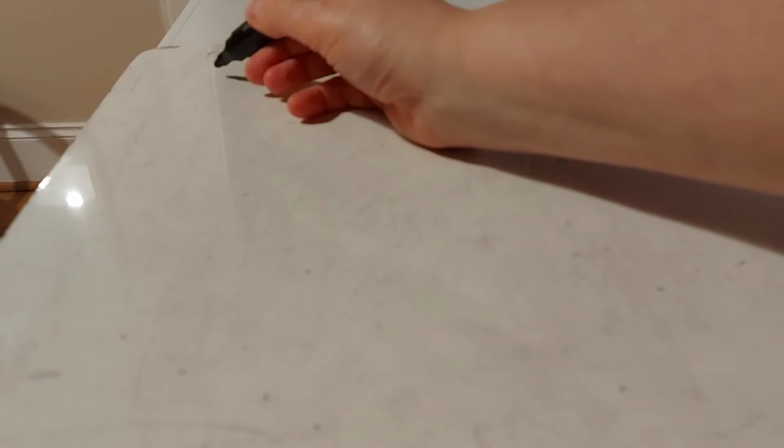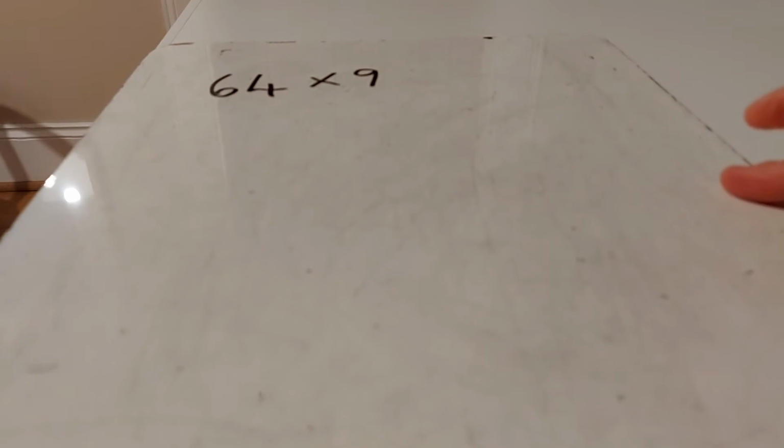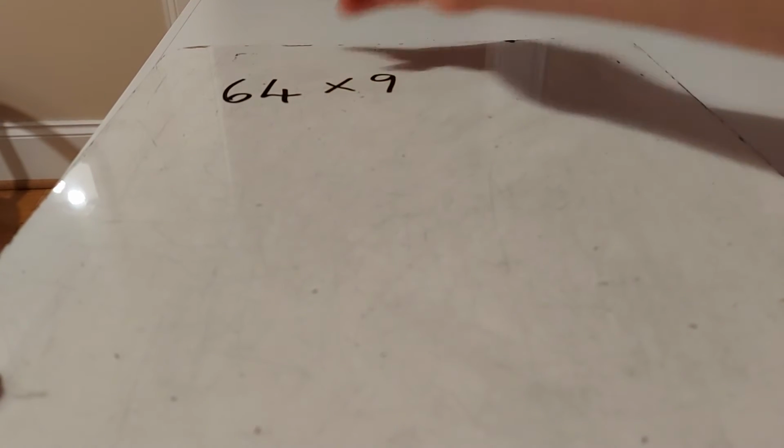If there were 64 stickers in one tin, okay, how many would there be in 9 tins? Now, some of you might have worked out that we need 9 lots of 64. Now, I've mentioned to you before about how important it is to estimate your calculations so that when you do get an answer that's way off, you actually realise that. So if this is 64 times 9, okay, in order to get a close answer and a quick and easy